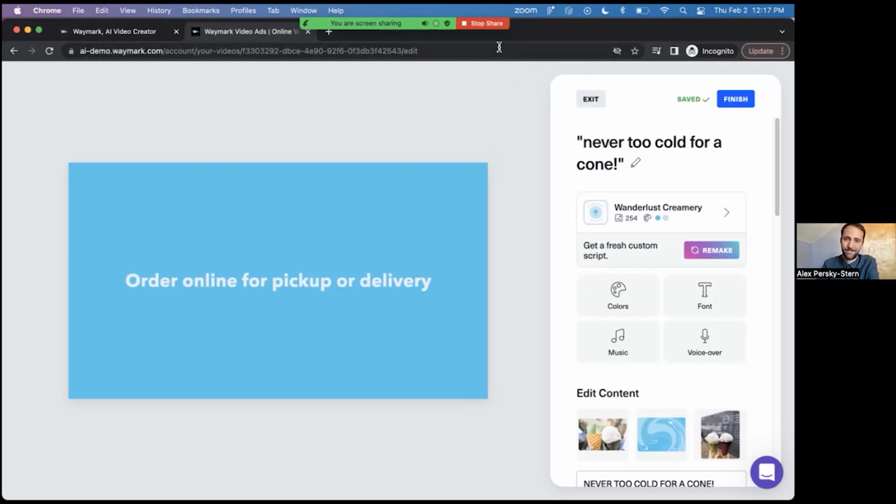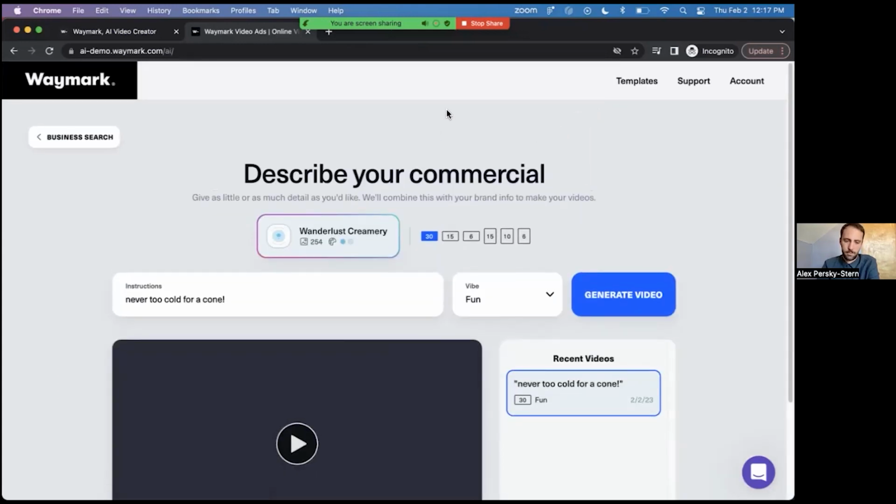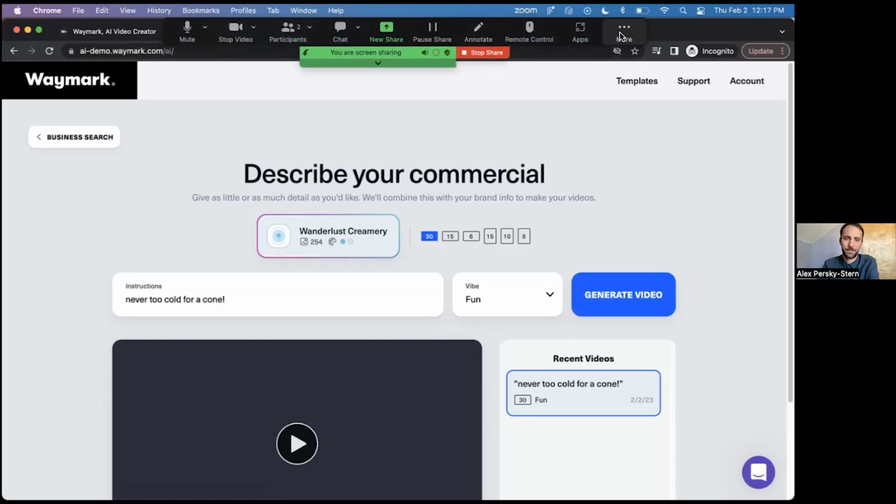I'm wondering, are people using this for, obviously business owners can use this to make their own videos, but it seems like this would be an amazing outreach tool for, let's say, local marketing people. You can just go bang out videos and send them to businesses and say, hey, I want to make some videos for you, and here's an example of what I can do. Yeah, 100%. Very sharp. That is actually probably our number one use case.